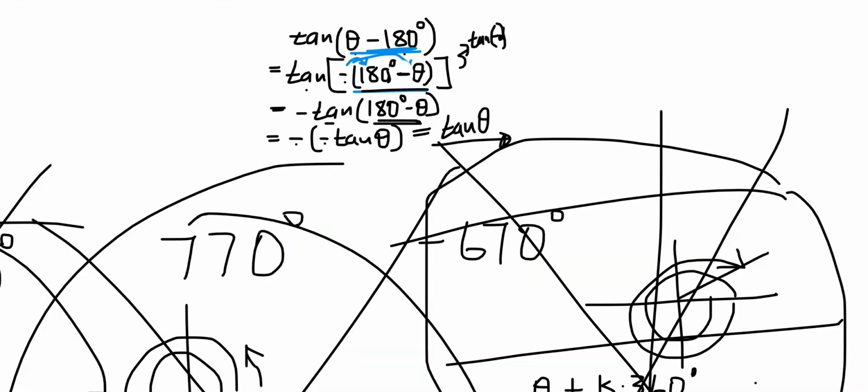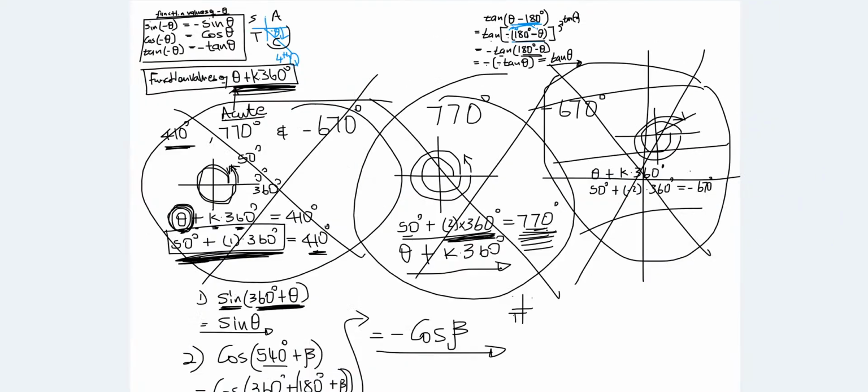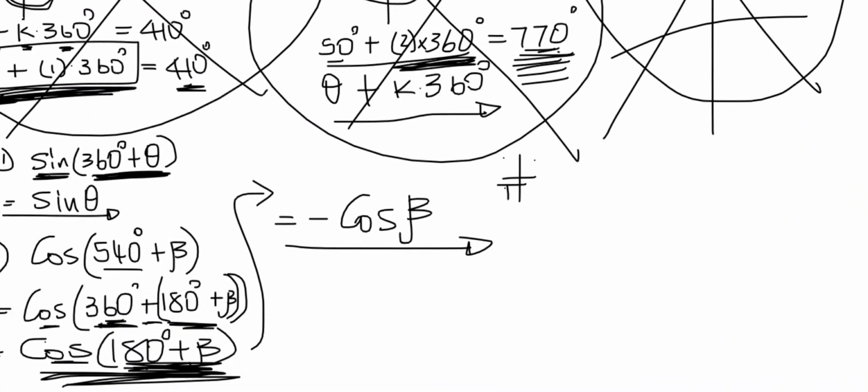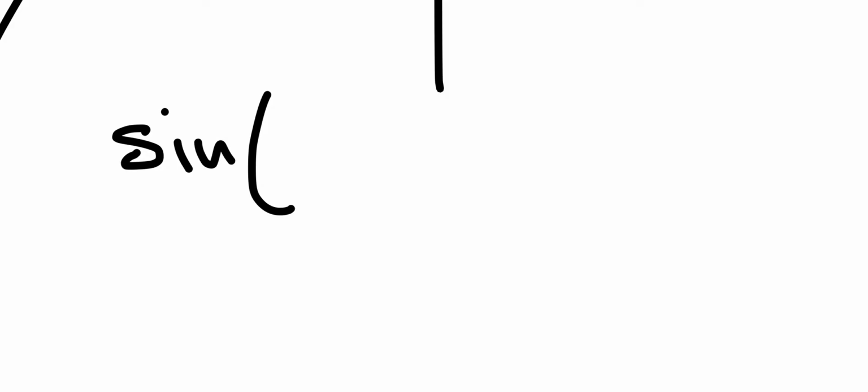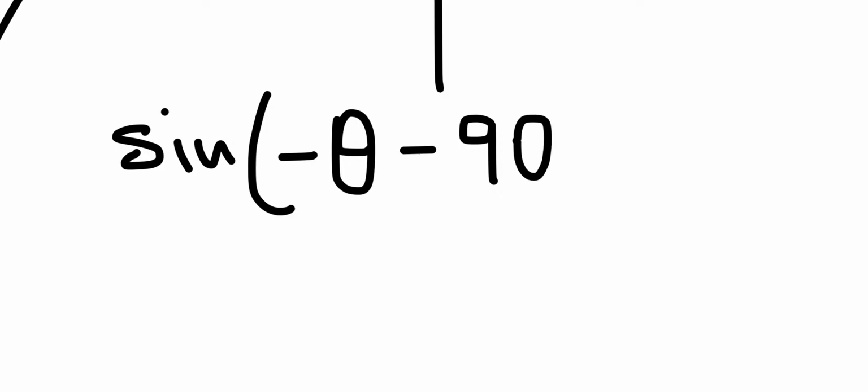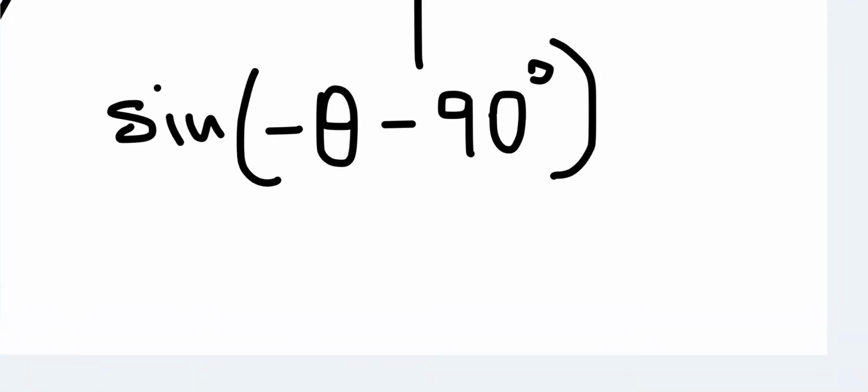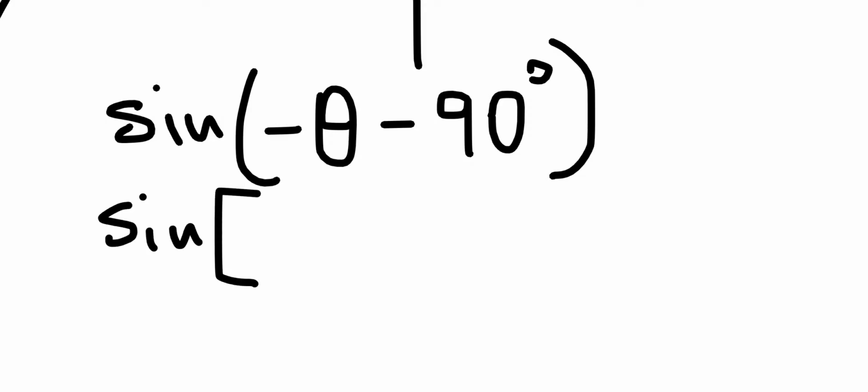Maybe let's try one more example. I'm just curious to know if I've got enough space. I will just utilize that part. Okay, let's say here we are given sine of, this time around, negative theta and then again negative 90 degrees. A very tricky one, but trust me when I say it's all about you being manipulative and saying, actually, can I just rewrite this thing